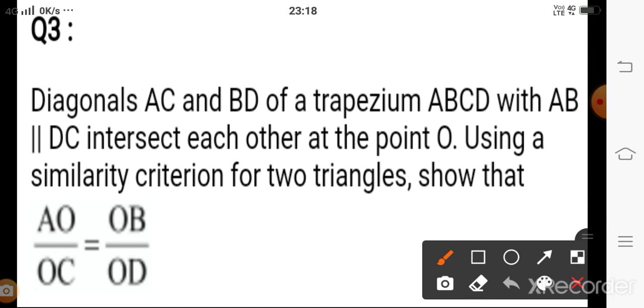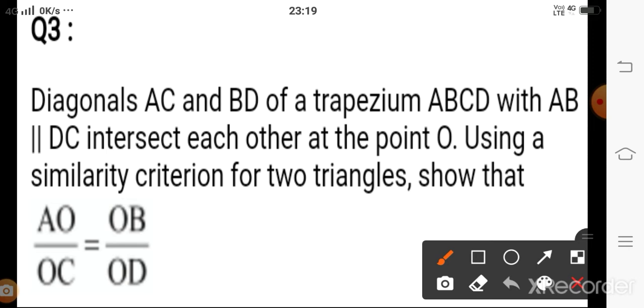And one more we have, that you have to do yourself: side angle side. The angle is included between the sides, the sides are proportional and the angles are equal. Then we call that SAS. On the basis of these three theorems, we are able to solve the questions. Then let us solve some questions.